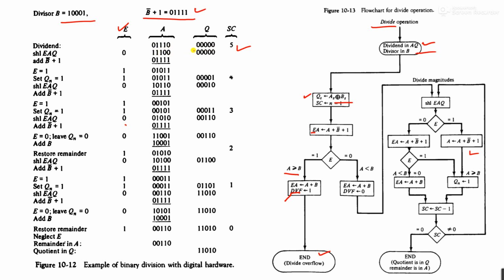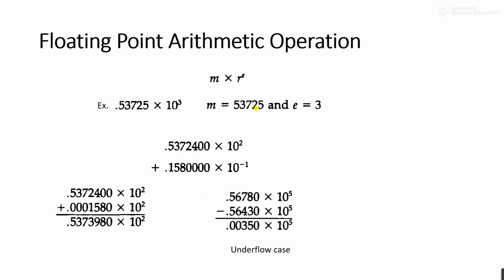I will suggest, as I have told you in my last lecture how the multiplication is done by means of this algorithm using this table, that you should try this table. If you have any concern, then you can talk to me in my interactive class. You can also talk to me anytime, by calling or by messaging me, if you have any concern in this algorithm. So now let's see the floating point arithmetic operation, which is my next topic,